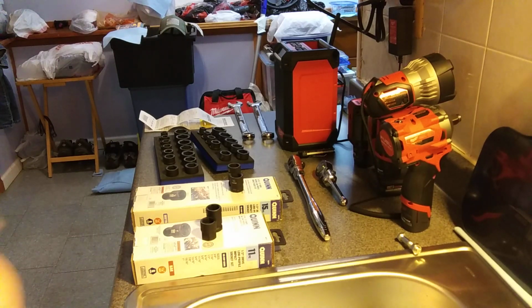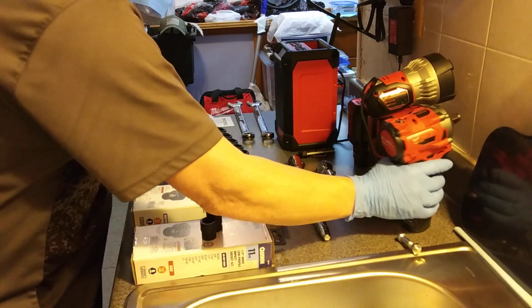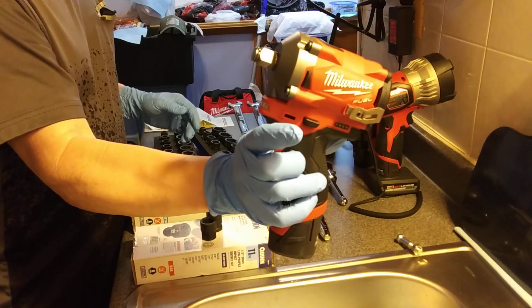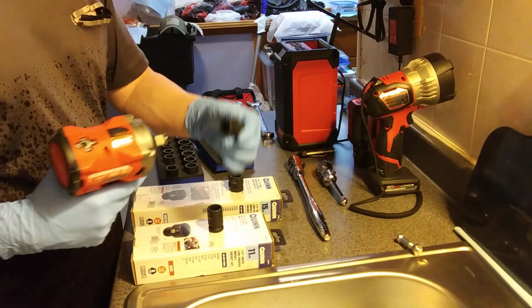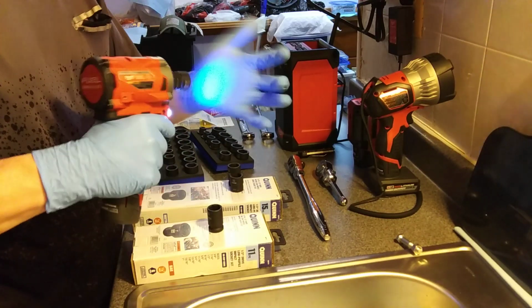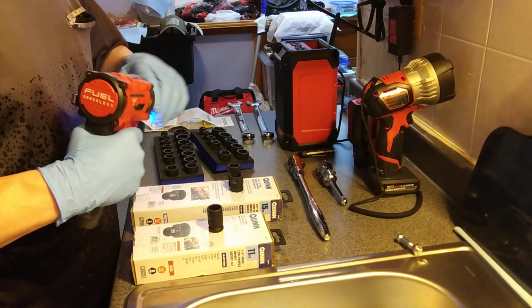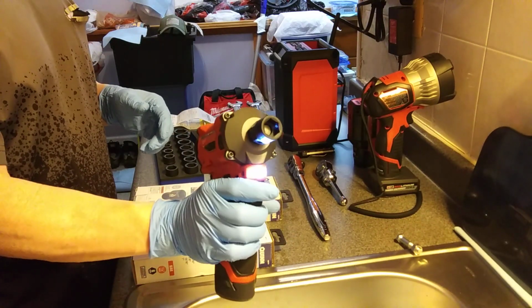Okay. So anyways, most of the time when I'm using these, I'm gonna grab my Milwaukee stubby and put it right on here. That's how I'm gonna use them most of the time. But if you don't want to use it like that,